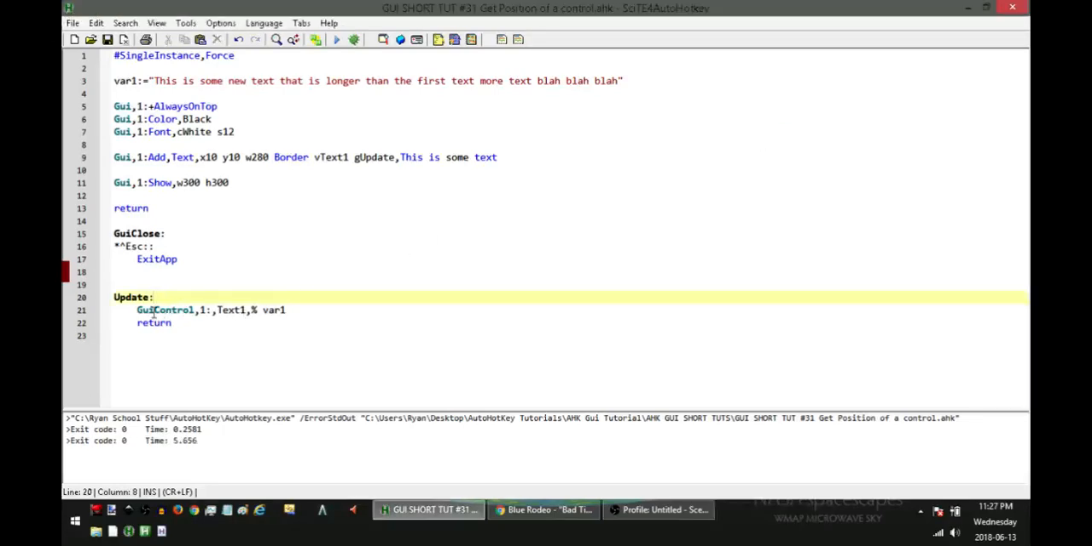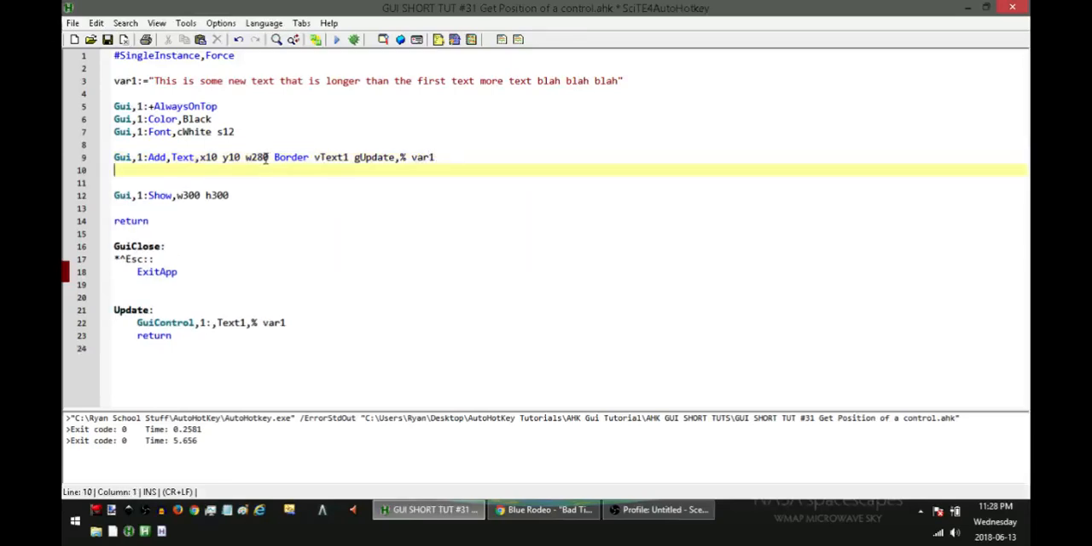It's still going to do just that, but up in here when we created the control, instead of us putting "this is some text," we're going to put the longest thing that's ever going to be in that, which is var1. So now when it builds this control, it's going to build it with that height for this text here, and then as soon as it's done building it, before the GUI even ever gets shown, we're going to